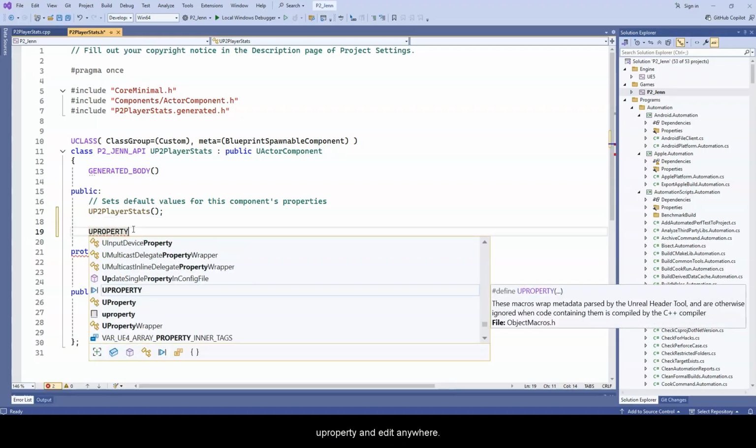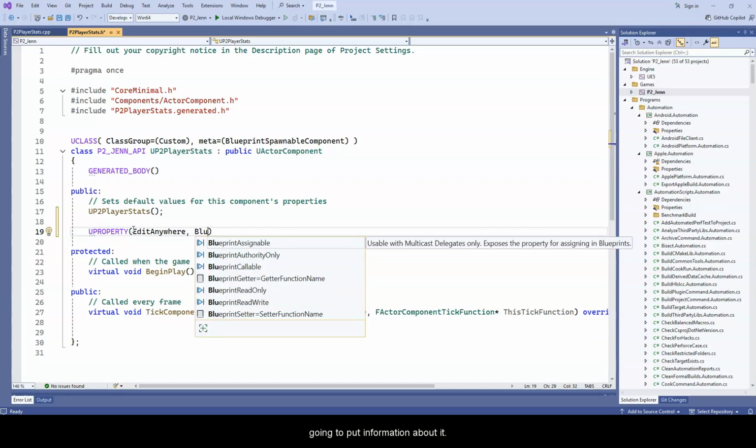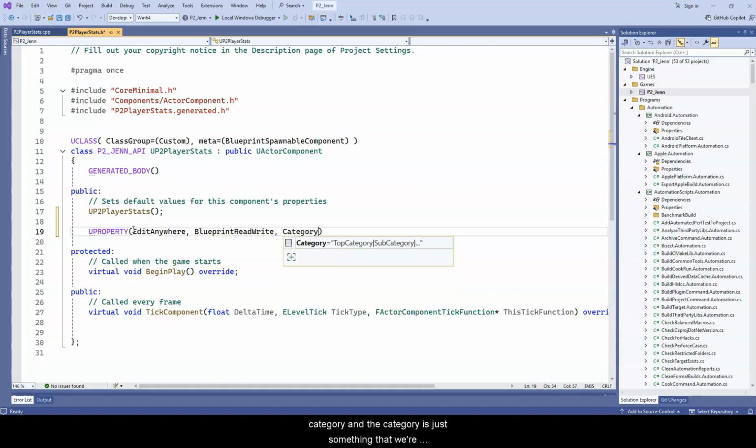UPROPERTY, and EditAnywhere. UPROPERTY is a wrapper that Unreal has that allows us to use regular C++ code, like creating a regular variable, but wrapping it so that Unreal Engine can see the actual variable name. We show that in this next step, where we put information about it: BlueprintReadWrite. We're going to give it a category, which is just something we're making up, and it's